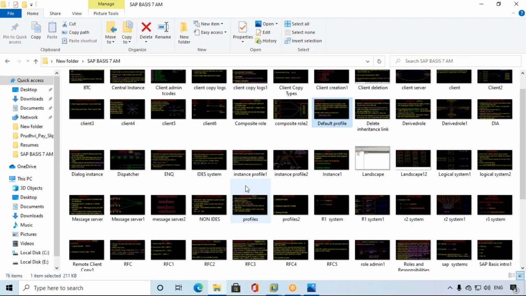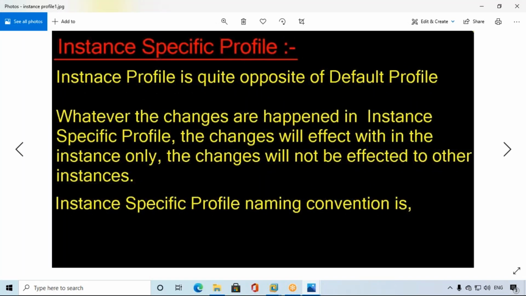And what about the instance profile or instance specific profile? Whatever changes happen in the instance profile will affect only within the instance. Wherever we log in, in that instance only, the changes will take effect.